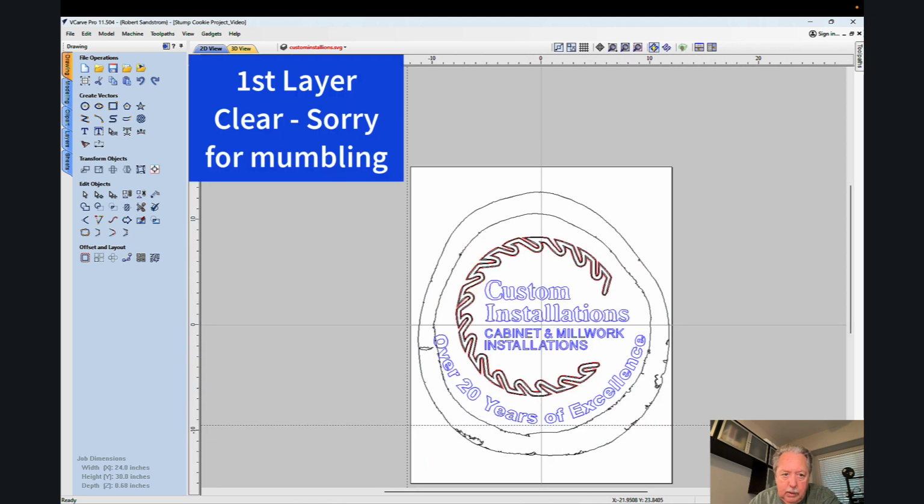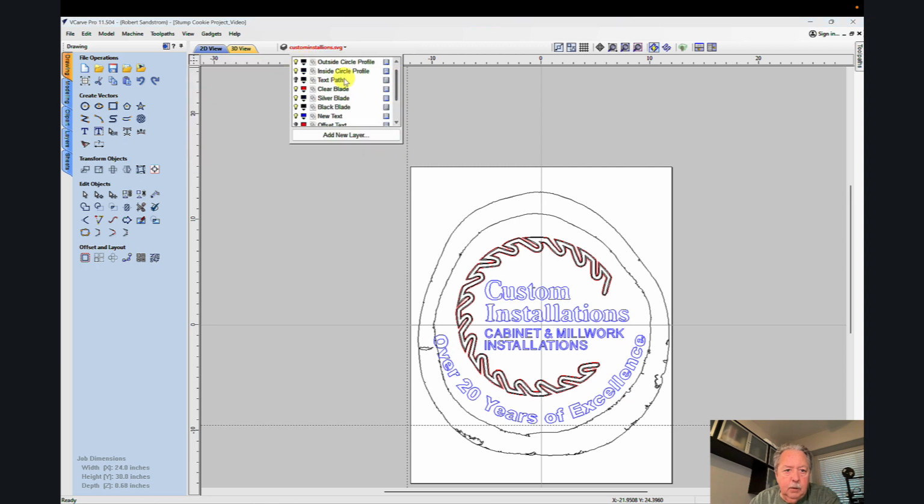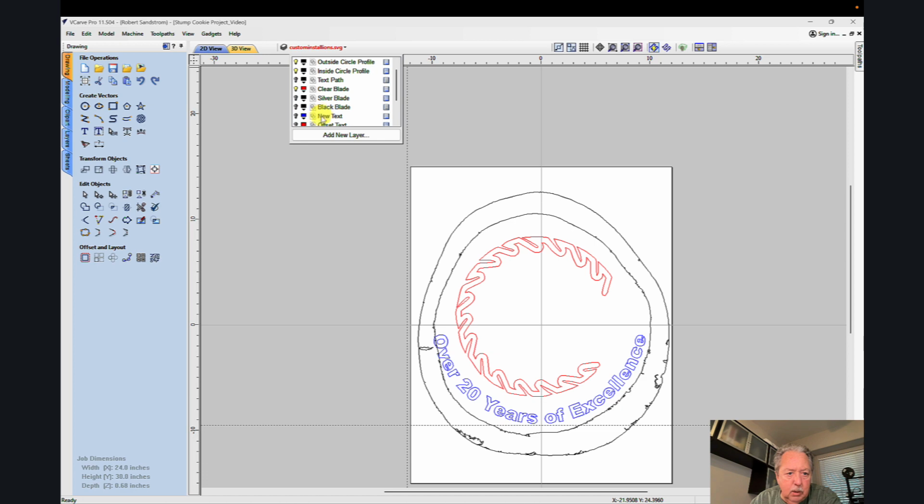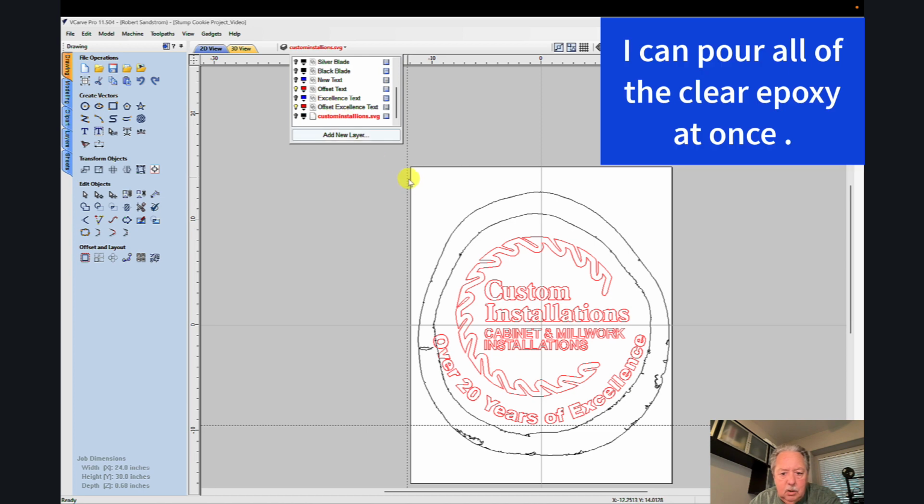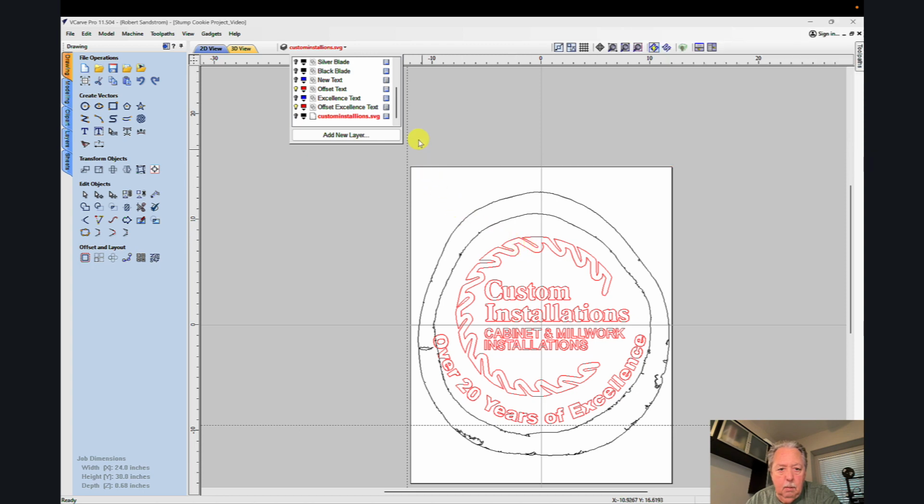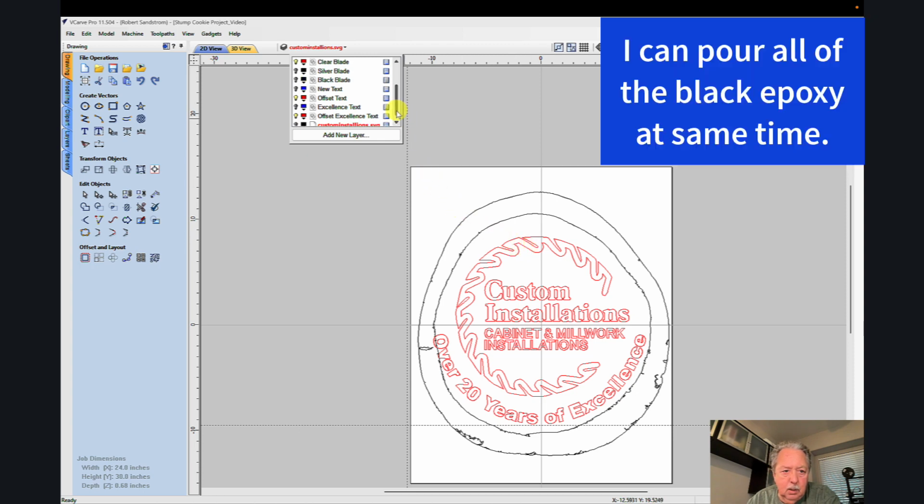And so if I go in here and I take off all of the text, I don't need the outside circle and inside circle, but I'll leave that there. Take off the silver blade, take off the black blade, take off the new text. I put on the offset text and the offset excellent text. That's going to be my clear colors that I'm going to pour. And then I will start to pour black next. And so I would come through here